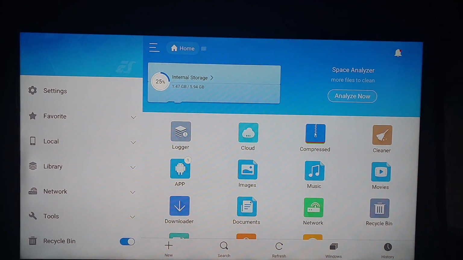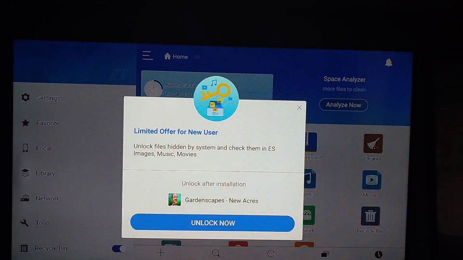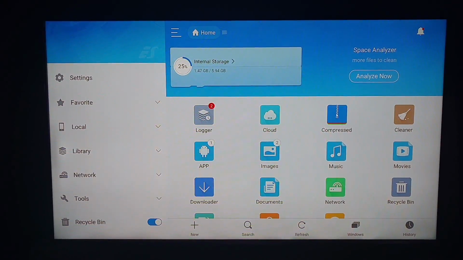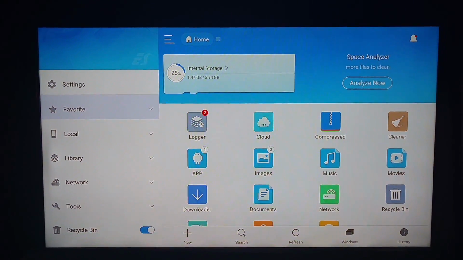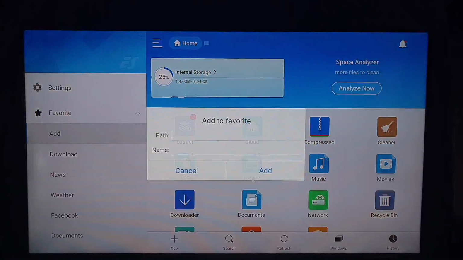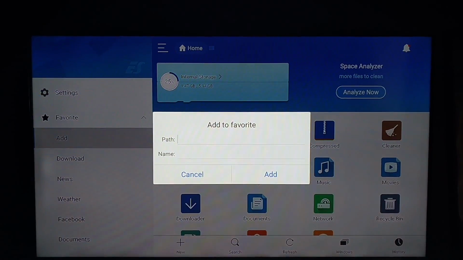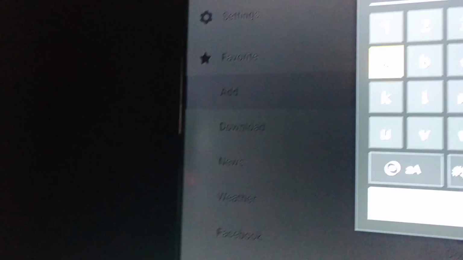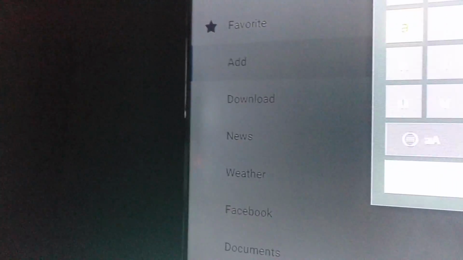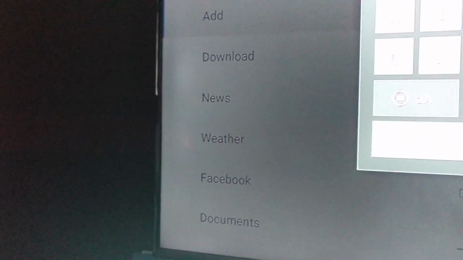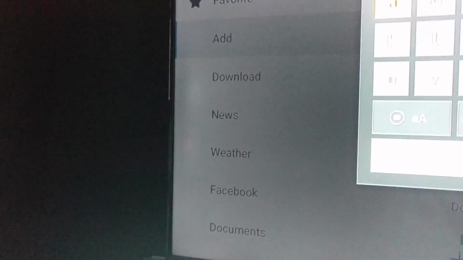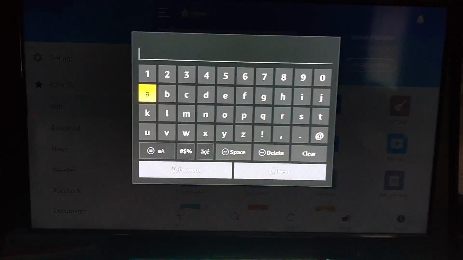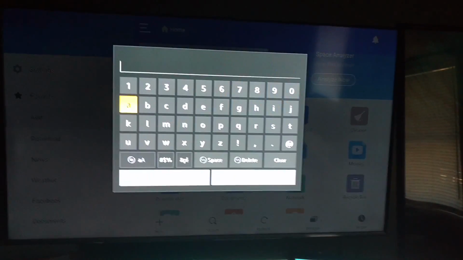And you're going to go over to the option where it says, X out of that, and go over to where it says Favorite, and hit Add. Now for the path, let me just grab the keyboard real quick, see if it'll work. Alright. So for the path, you're going to type in HTTPS